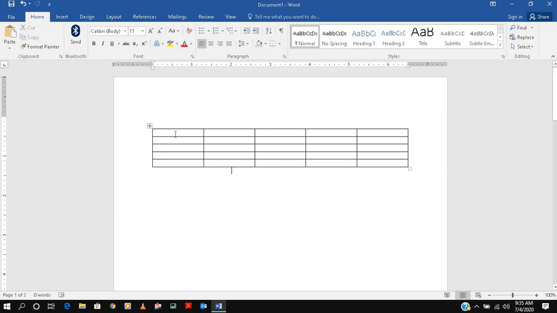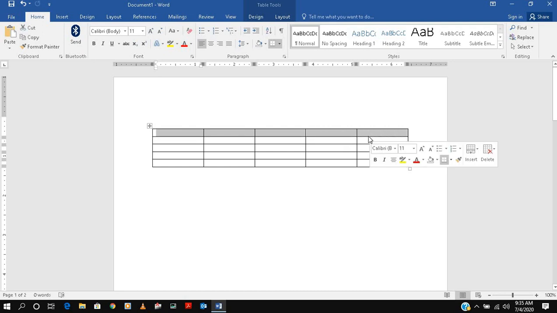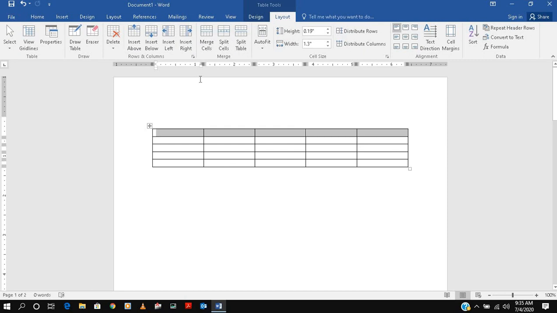Suppose you want to merge cells here. Once you select them, you see the Design and Layout tabs come up. You can merge these cells. Suppose you want to write School ABC, or whatever the school is, you put it in and make it centered from here.